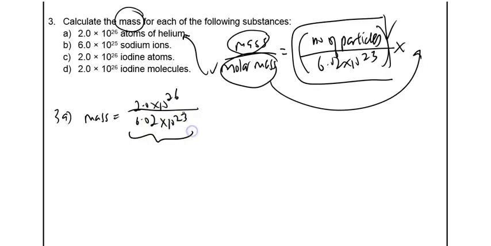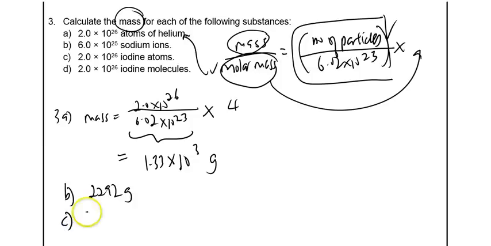This will give me the number of moles multiplied by the molar mass of helium, which is 4, and I will get 1.33 times 10 to the power of 3 grams of helium. So if you do likewise for the rest of the parts, 3b you should have 2292 grams,